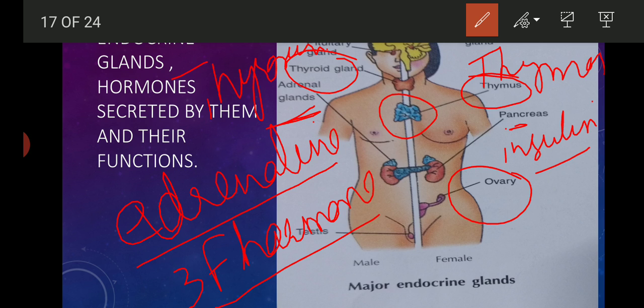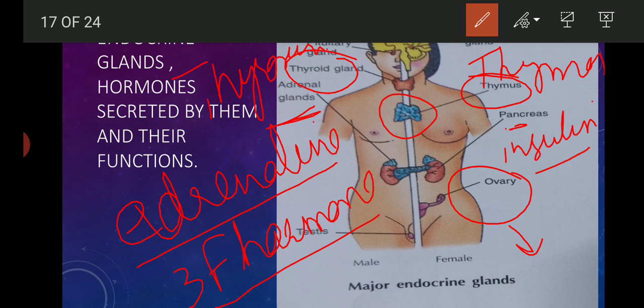Ovaries produce mature ova under the influence of the follicle stimulating hormone, and maturing ova produce the female sex hormone called estrogen. This estrogen is essential for the development of secondary sex organs and external female sex characters like breasts, rounded contour, and high pitched voice at puberty. These ovaries are 2 in number. They are present in the pelvic region, and they release estrogen and progesterone hormones for the development of secondary sexual characters. Progesterone maintains the growth of the uterus during pregnancy.